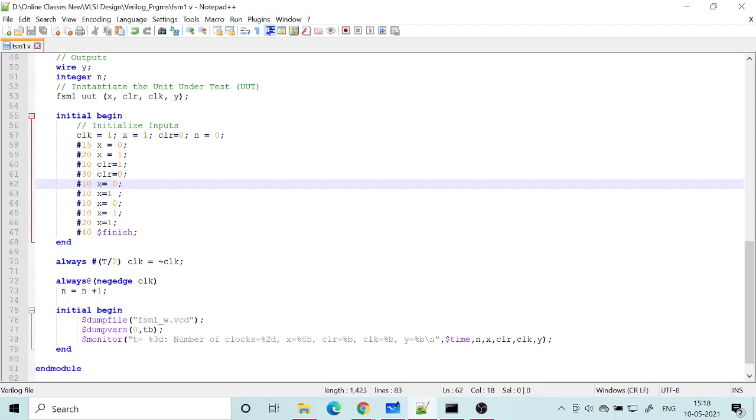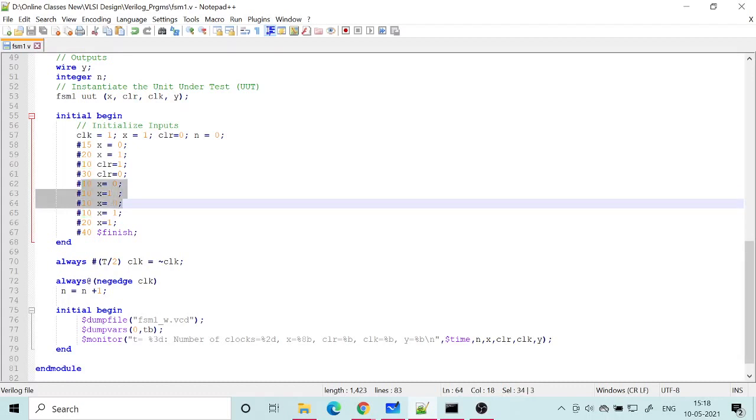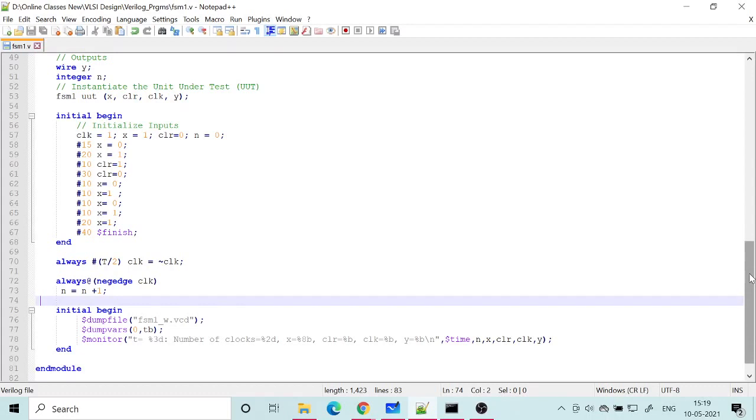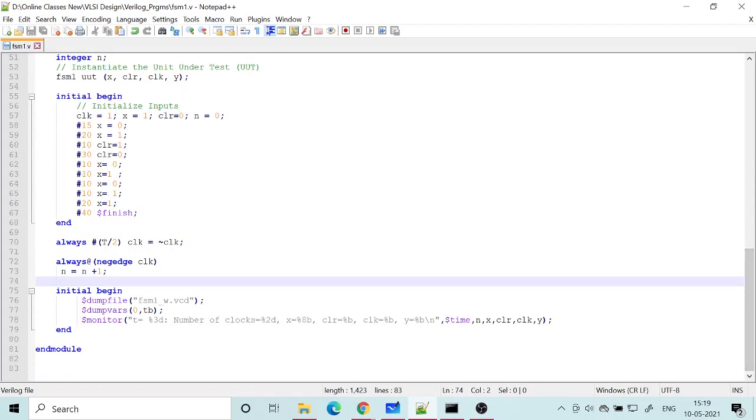So I am detecting 2 times, 0 1 0 I am detecting. So this is 0 1 0, these 3, but if I look at this one, this will be 1 0 1. So I should get again 1, so 2 ones I should get, for 2 clock periods Y should become 1. Then there is an integer variable which, every clock period, just goes like 1, 2, 3, etc. So that is just to count the number of clock cycles, like a counter.